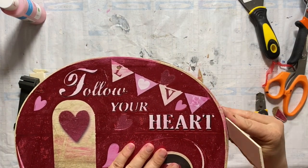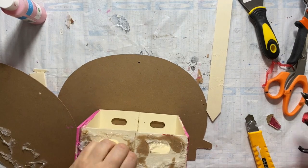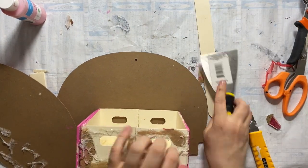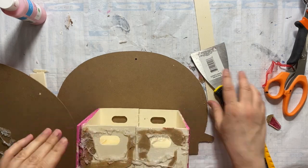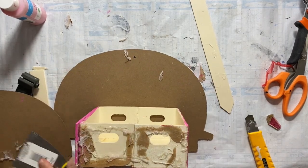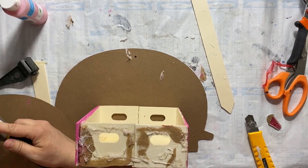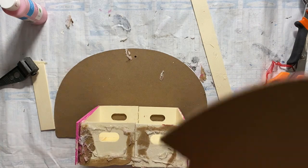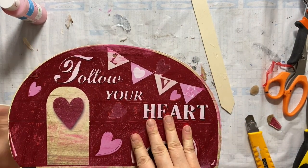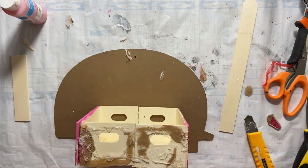So after I glue them together, if you've watched my other videos, you know that I don't waste anything. So I use one of the leftover pieces from the side to give it height on one side of the trailer. And then on the other side, now you can use either the jumbo popsicle sticks or these garden picks, which I got. I think these ones I got at Dollarama, but they have them at the Dollar Tree too. I've gotten them at both places. And you just cut them to size, and I used 5 of them